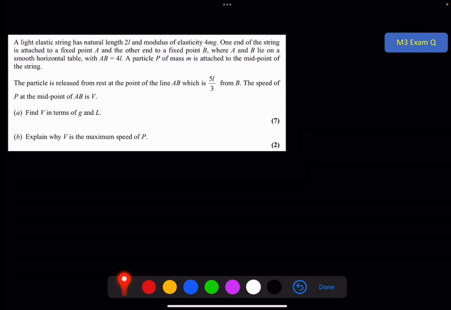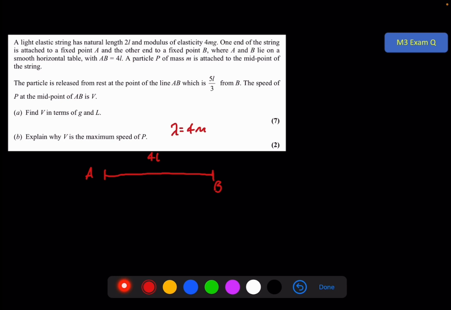Exam question number 2. A light elastic string has natural length 2L and modulus of elasticity 4mg. One end of the string is attached to a fixed point A, the other at B, where AB lie on a smooth horizontal table with AB equals 4L, 2 times the natural length of the string. A particle of mass m is attached to the midpoint of the string. So if I set this up, we've got A over here. The string is stretched between the 2 points A and B. This is a distance of 4L, and we know lambda is equal to 4mg. A particle is attached to the midpoint,